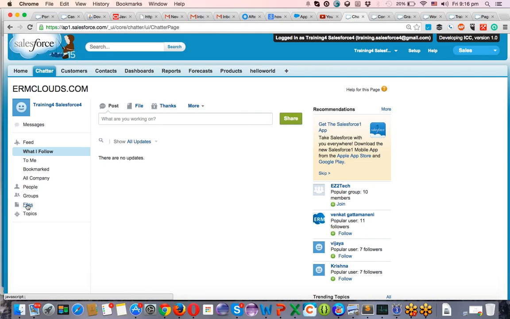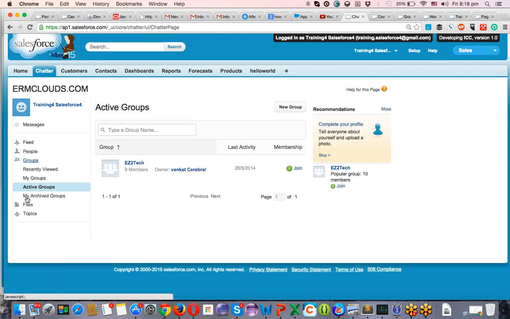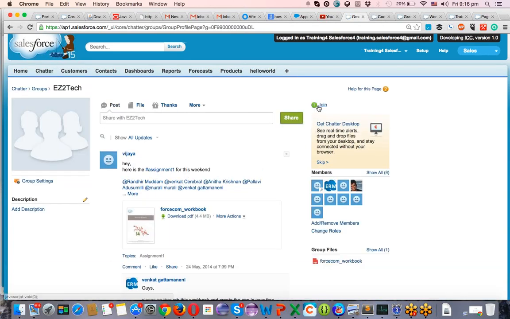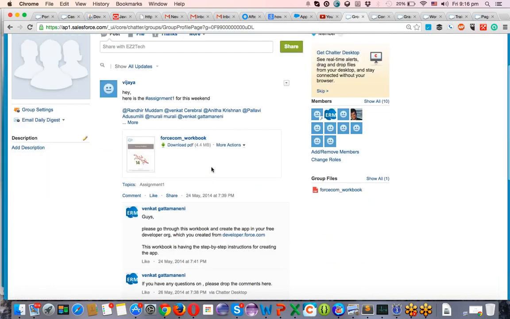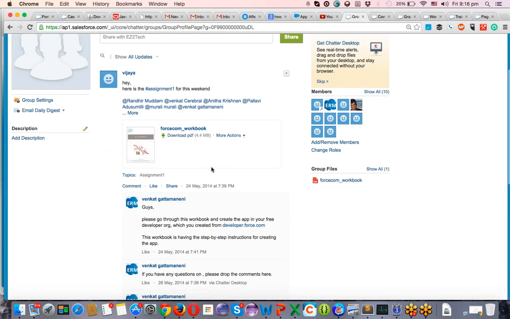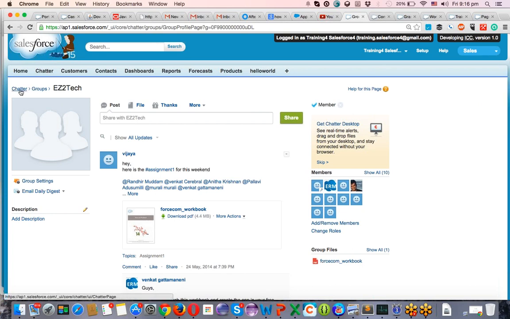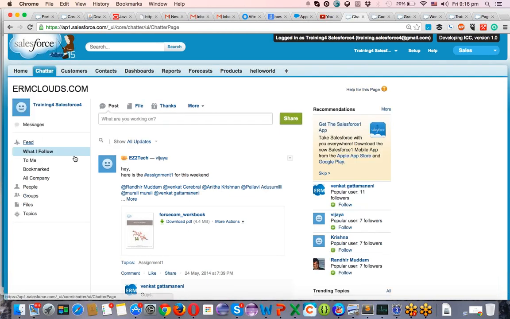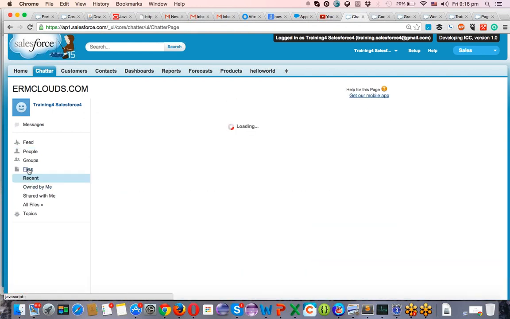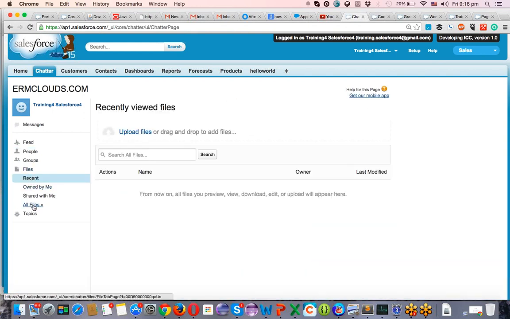If you click on groups, there are a lot of groups. Easy to track. You can join this group. And if you click on Charter, there is a files tab. So if you want to see all the files in this instance, in this organization, click on files. All files.